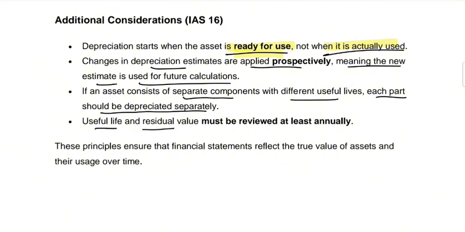Useful life and residual value must be reviewed at least annually. Why are we going to review it? Just to check, for example, if there is any change in the useful life of the asset, or maybe a change in the residual value of the asset. If there is any change, then we can reflect it in our own calculations as well, so that we can ensure that we are reflecting the true value of the assets with the